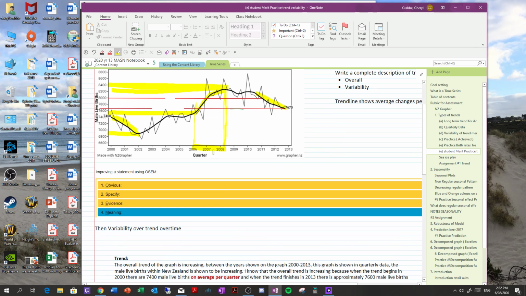Now, at merit level, I don't necessarily have to say why that might be the case. I don't know. Was there a general increase in births during that time for males and females, for male live births and female live births, which suggests that people are having more babies during this time, and why might that be? What was the significance between 2006 and 2008? Why was there a fairly significant jump in male? Does that coincide with the female live births? Does that mean that generally people were having more babies?